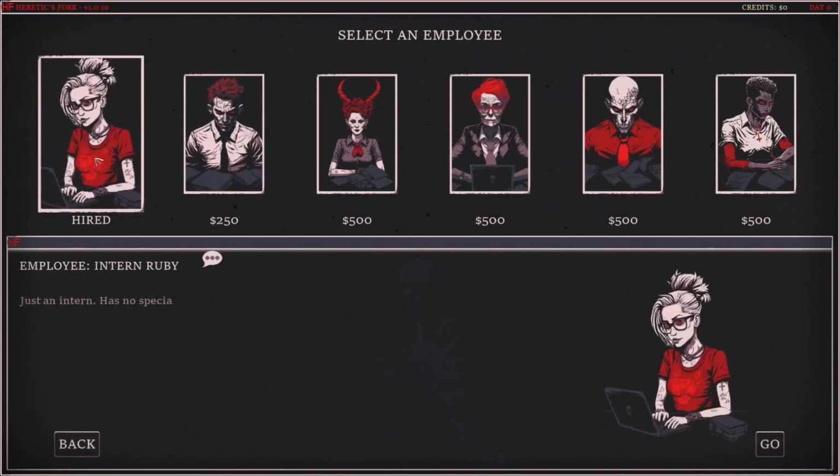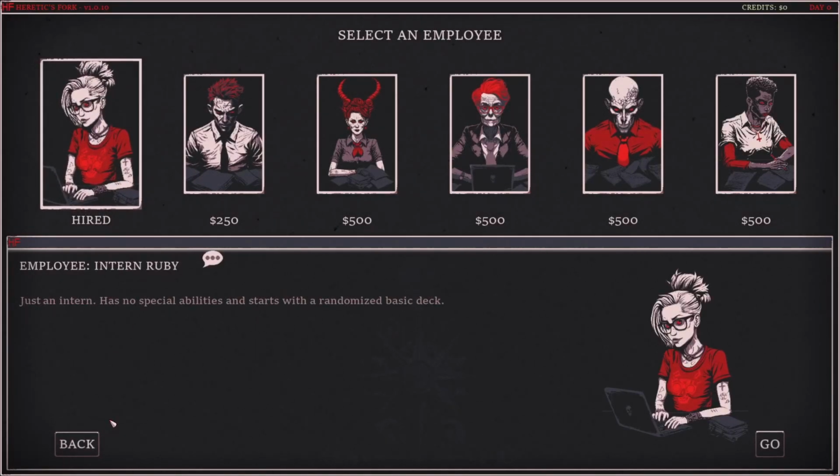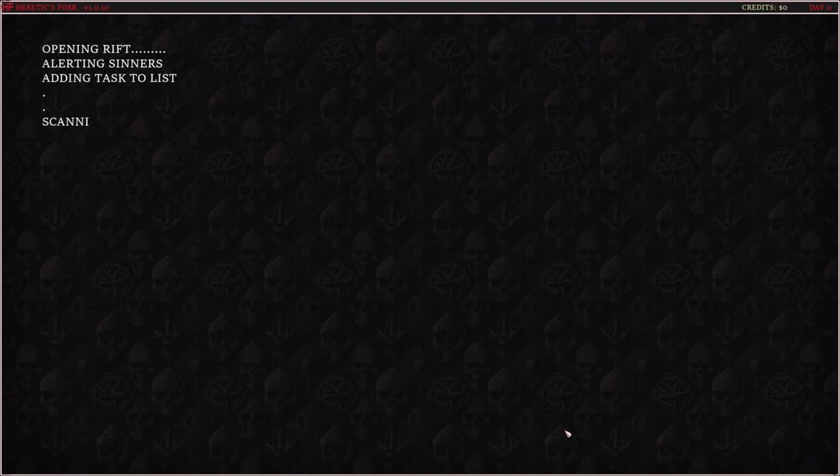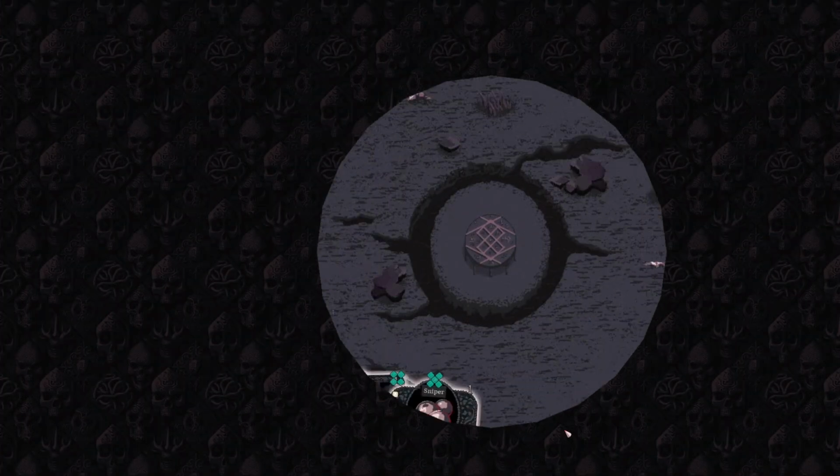So it looks like it can only play as Ruby, the intern. Just an intern, no special abilities, and starts with a randomized basic deck. Alright, let's dive in. Opening rift, alerting sinners, adding...